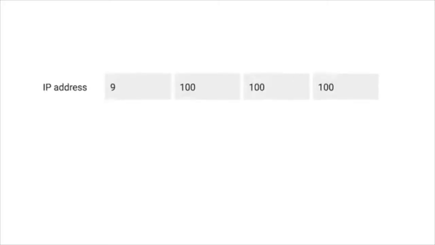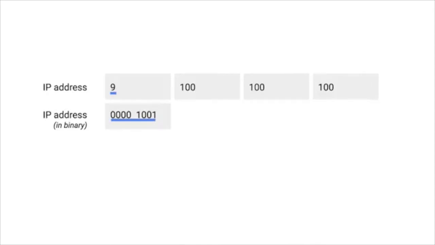Let's work with the IP address 9.100.100.100 again. You might remember that each part of an IP address is an octet, which means that it consists of 8 bits. The number 9 in binary is just 1001. But since each octet needs 8 bits, we need to pad it with some zeros in front. As far as an IP address is concerned, having a number 9 as the first octet is actually represented as